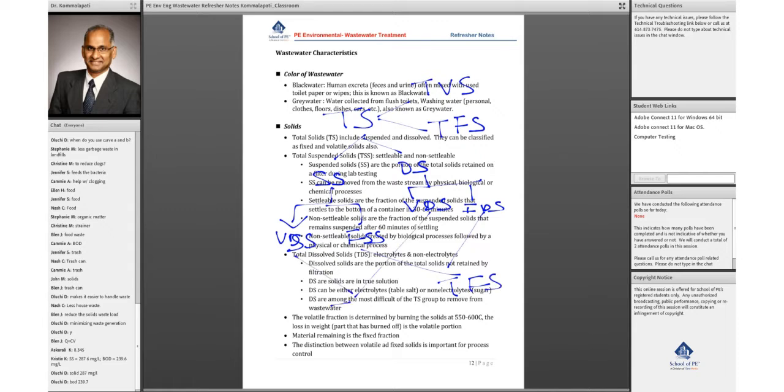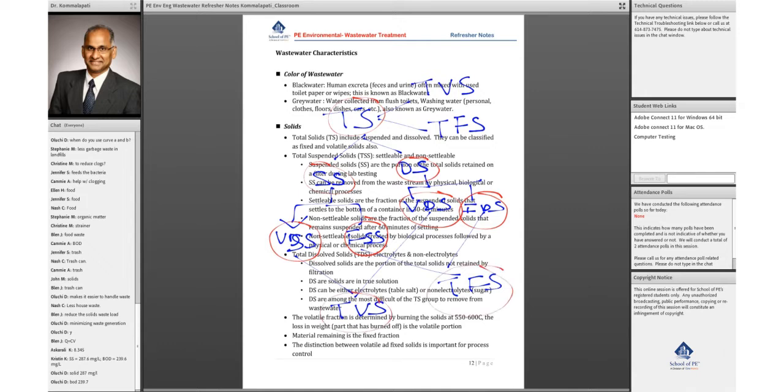You add up the two volatile solids, you get the total volatile solids. So you have a total of how many, guys? 9 different solids. Total solids, suspended solids, dissolved solids, volatile suspended, fixed suspended, volatile dissolved, fixed dissolved, and total volatile